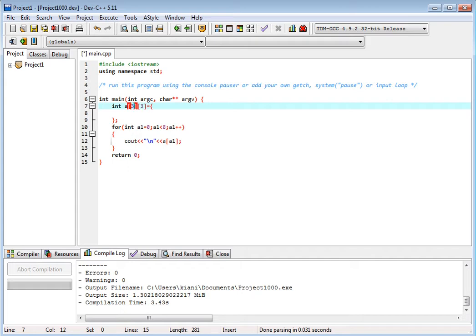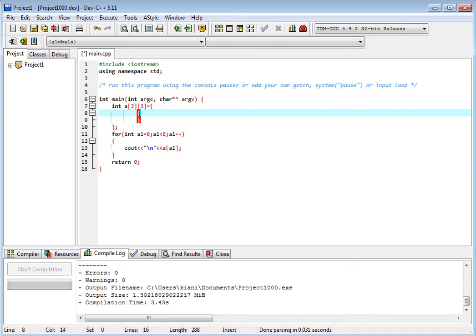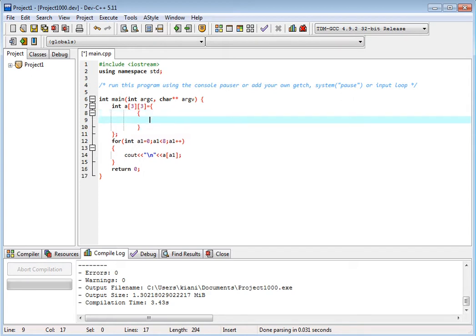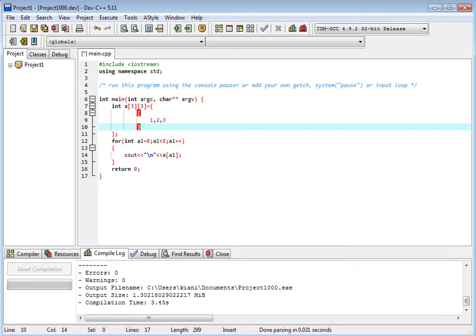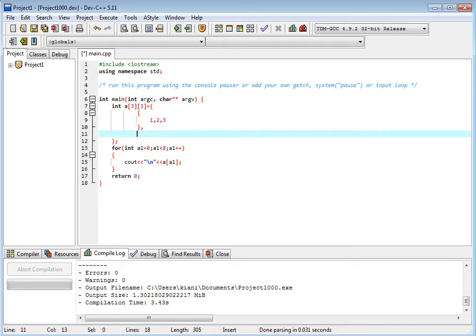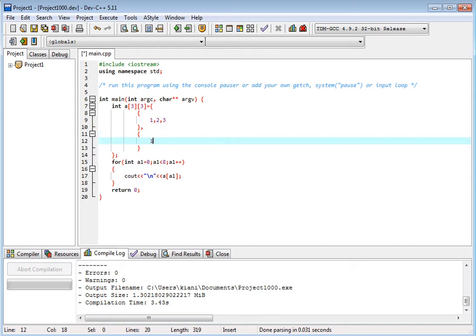Okay, now we just remove this, and press tab, and we have 3 values and 3 values. We have the zeroth array, and we have 1 2 3. We have comma, and we have the first array. We have 4 5 and 6.